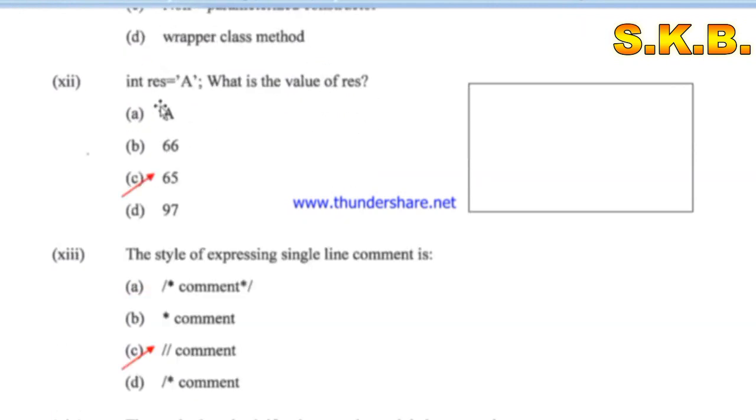Now come to the next question, question number 12. int race = "A", with capital A written within double inverted commas. So what is the value of race? According to the ASCII code table, students, for capital A the output is 65. According to the ASCII code, American Standard Code for Information Interchange, the value of the character capital A is 65. Actually, students, according to the ASCII code, 65 to 90 denotes capital A to capital